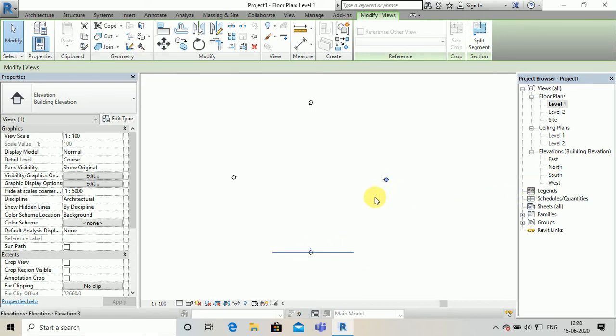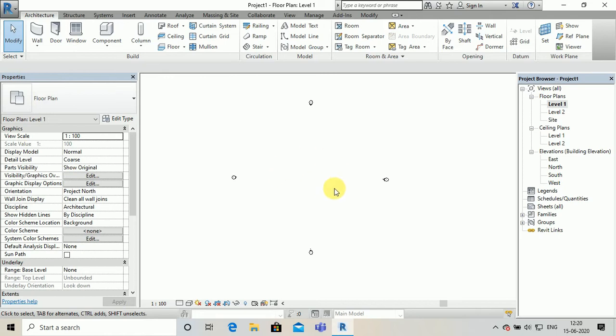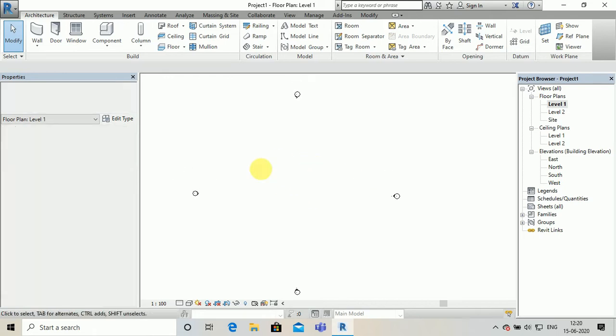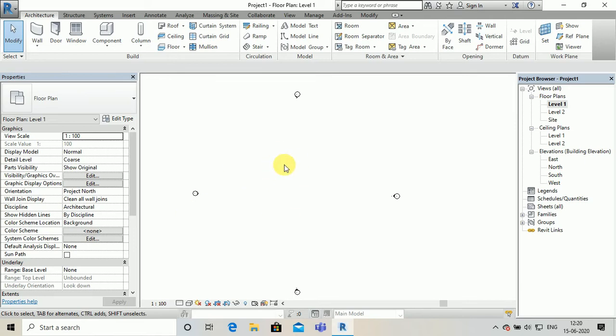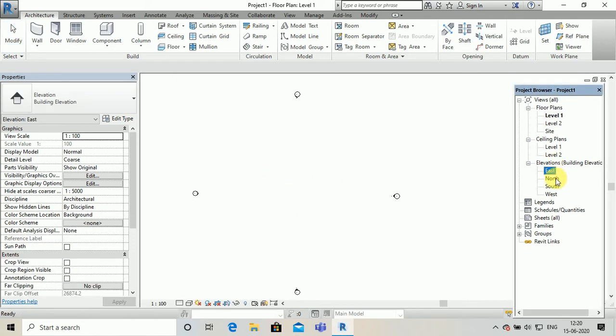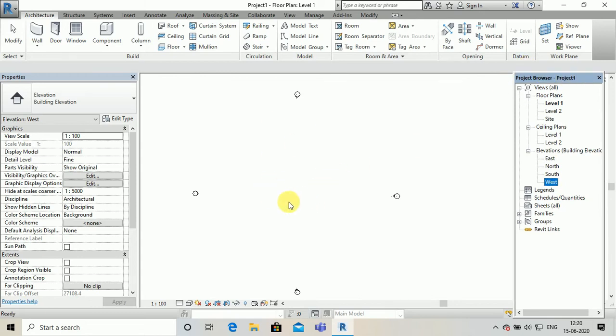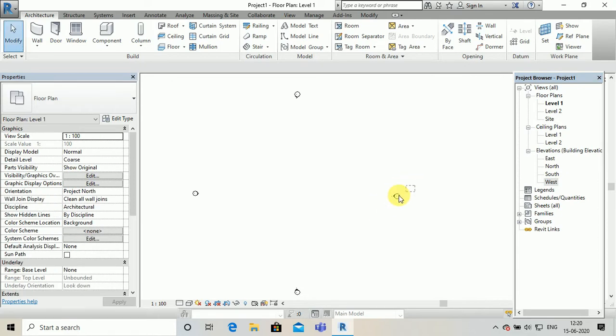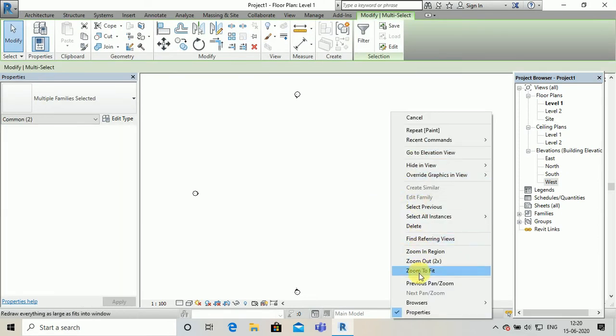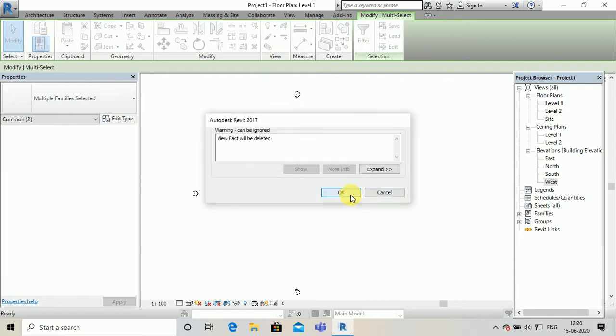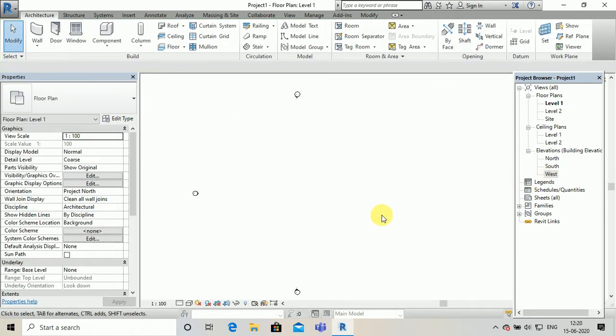These are known as the cameras. We have to draw our whole project between these 4 cameras. These cameras define the various elevations, that is north, south, east and west elevation. Now if we delete any of these cameras, we will not have that view in our elevation. See, if we delete this one, we will lose our east elevation. So we should never delete our cameras. Whatever models or projects we do, we will create our project in between these cameras.